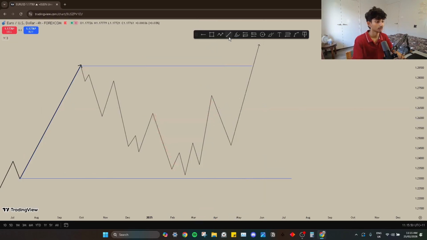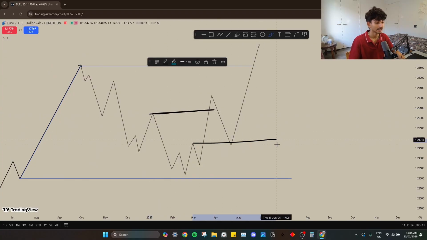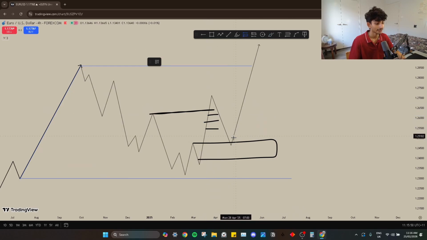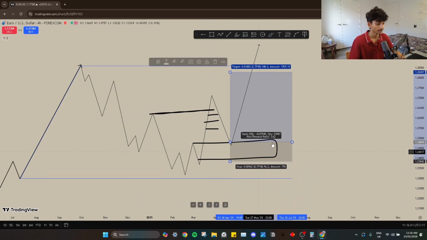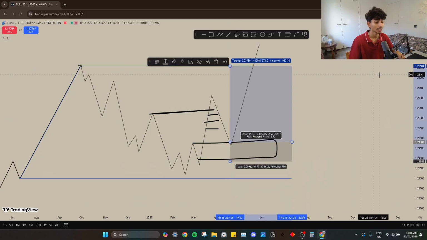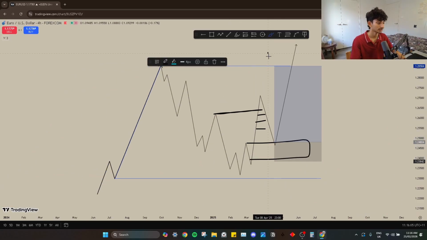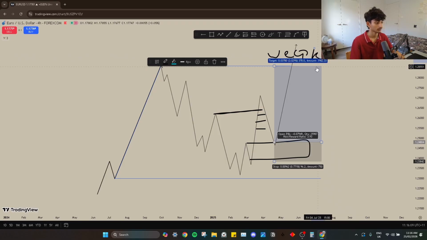Okay, that is when you can be like, okay, there's a change of character right over here. Let me take this demand zone. Let's say there's some liquidity in this leg up, and then you can take your trade like this, targeting the new weak high. Weak as in weak, not week, not like weekly, but like weak.